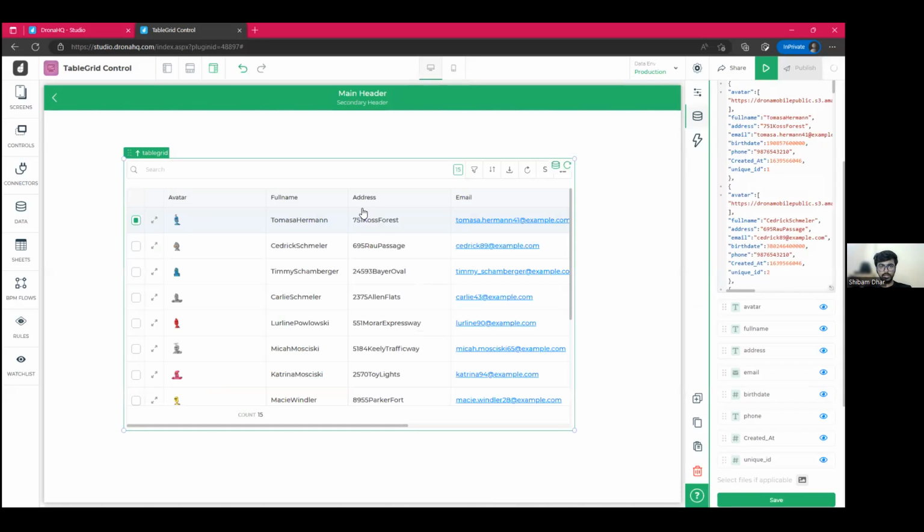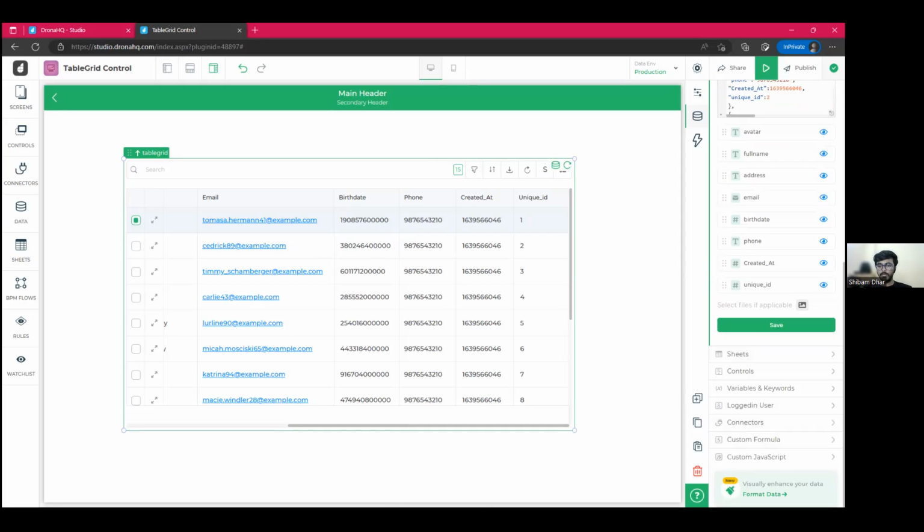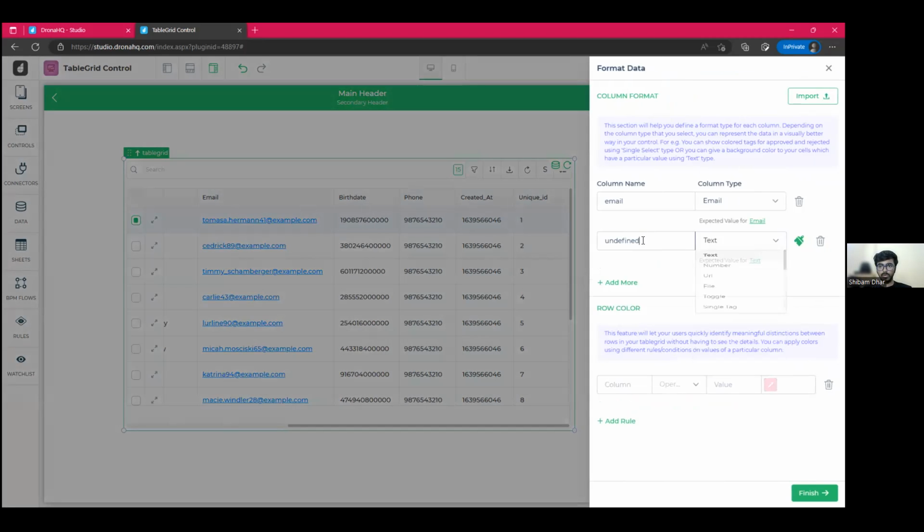Now, there is one thing I want you to focus on: here the birth dates are not in a normal reading format, they are in ISO or Unix time format, right? So to change this, there are certain methods, like you can perform JavaScript code, you can import your own libraries, you can use libraries, functions, or some other JavaScript scripts like that. But with the help of format data, you can also